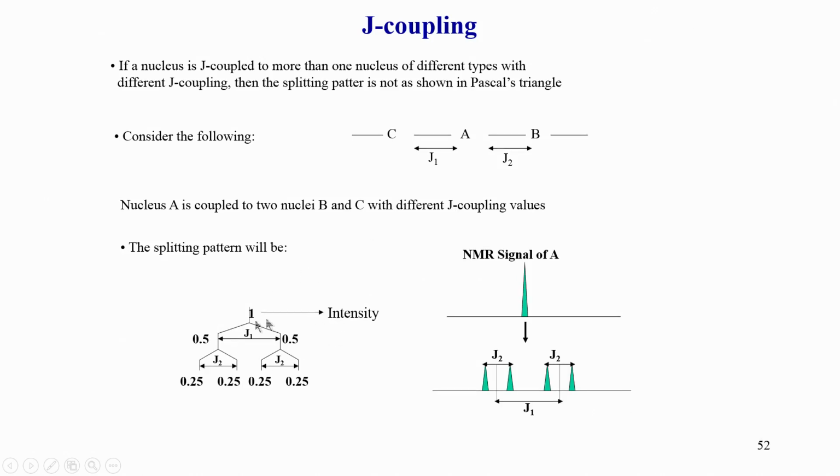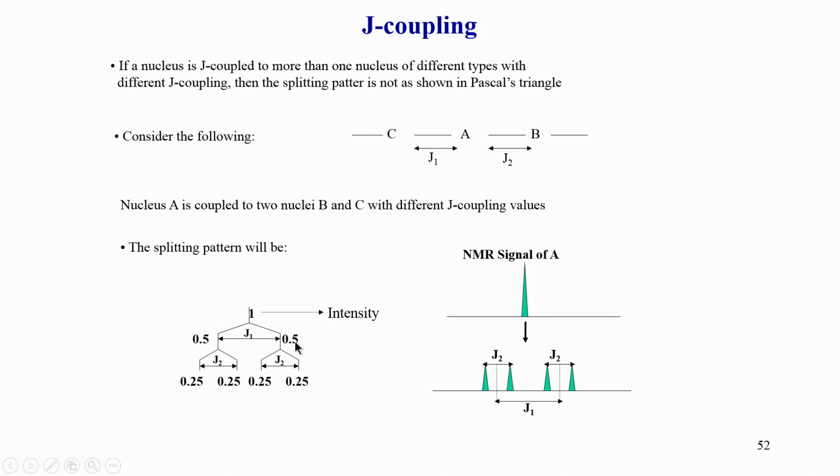That is how it is analyzed here. You can take a particular peak without any coupling. Let us say that C and B did not exist. If C and B did not exist, A would have no coupling and would have only a single peak. But now it is coupled to these two hydrogens, one on this side and one on that side, with different coupling values. In such a scenario, this peak first gets split into two peaks, shown as J1 here because of the J coupling. Each one of them has half the intensity of the original. Remember, J coupling simply splits the peak 50-50: one peak is half, and the other is half of the original peak.